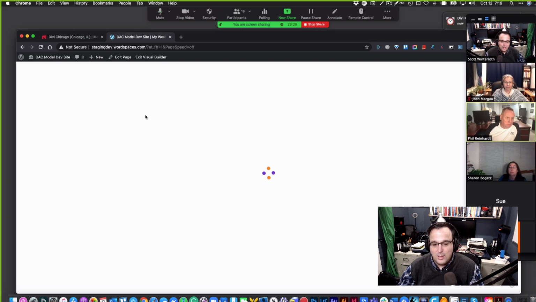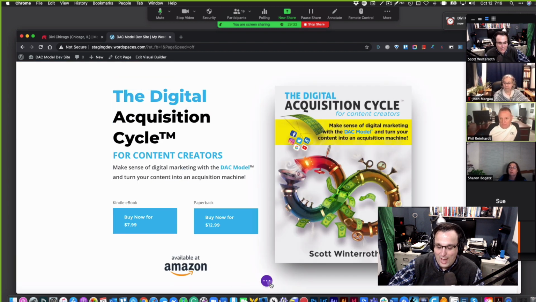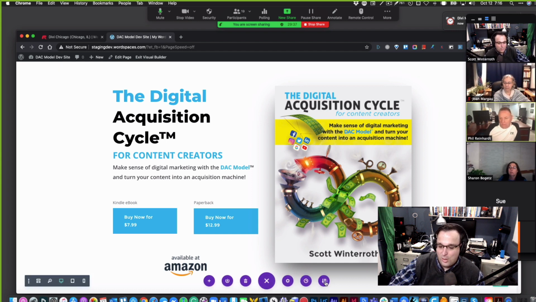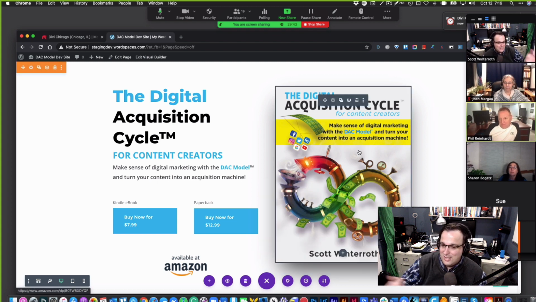Let's be realistic. This was just one page, so I probably could have just installed a WordPress site, installed Divi, and done the portability import-export feature. That's actually what I did in order to get this set up. So that would be the easiest way to go if I was just doing a one-page website or a landing